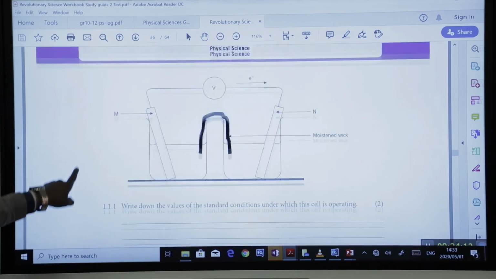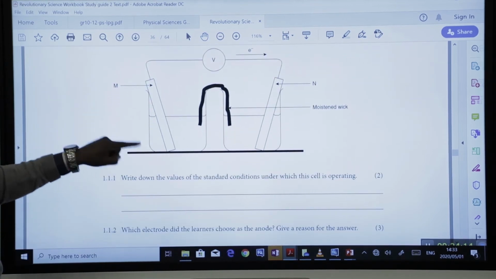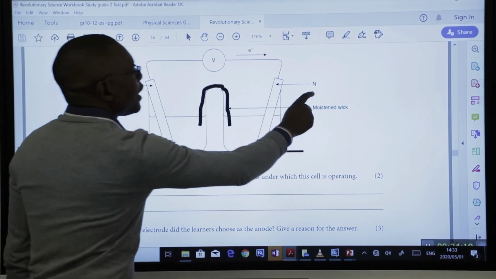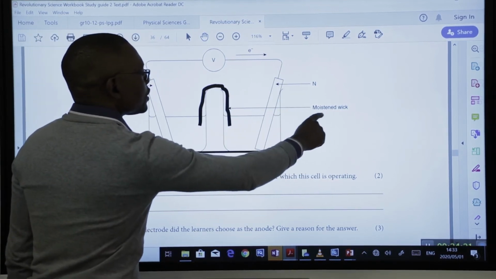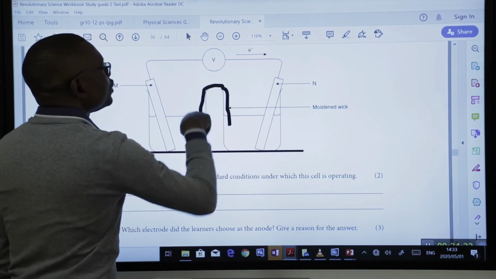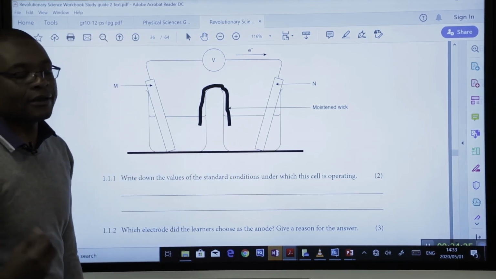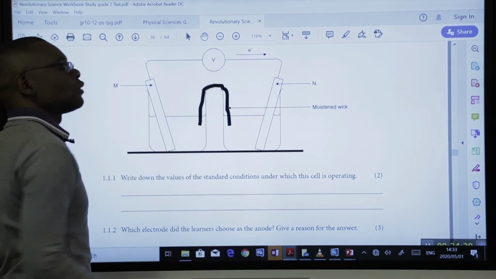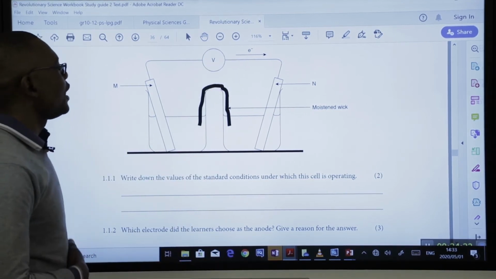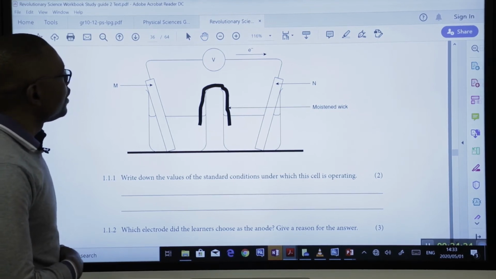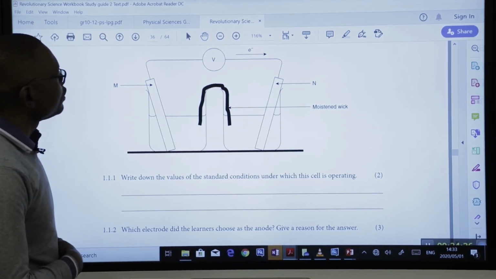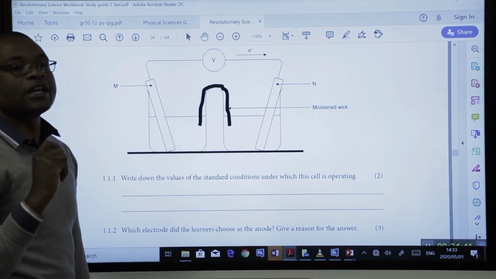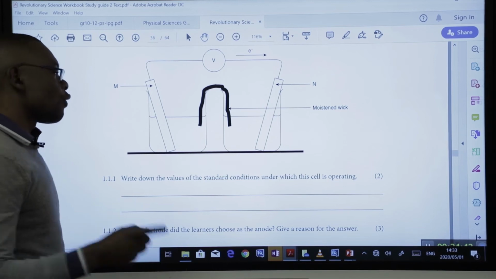So for example, here we are given this situation where you've got an electrode M and an electrode N, and this is a moistened wick, which is going to be used as a salt bridge, and this is a voltmeter which is going to measure the electrons which are going to be transferred around here, and automatically when you see this arrow, it's telling you the direction of flow of electrons,